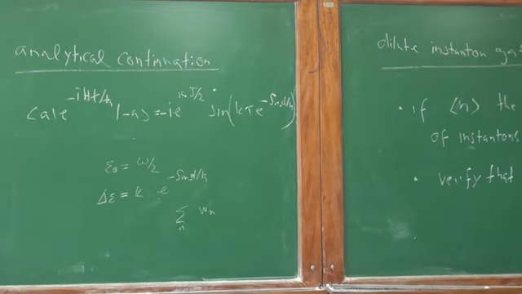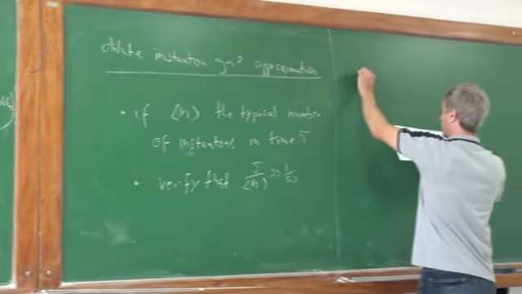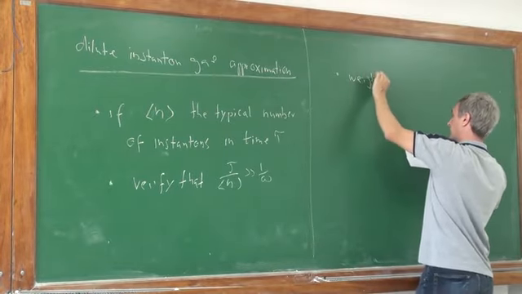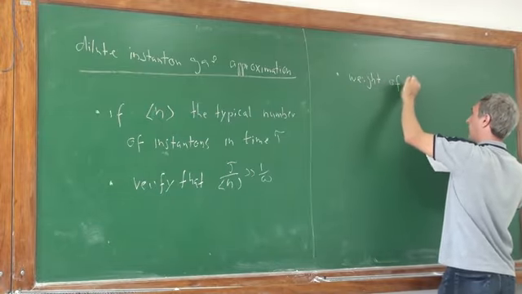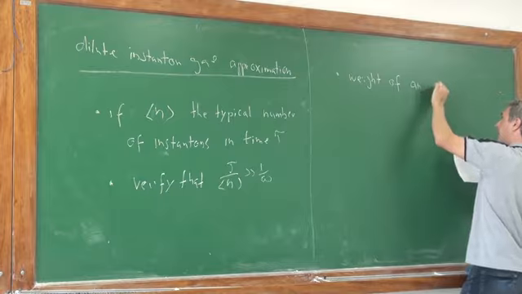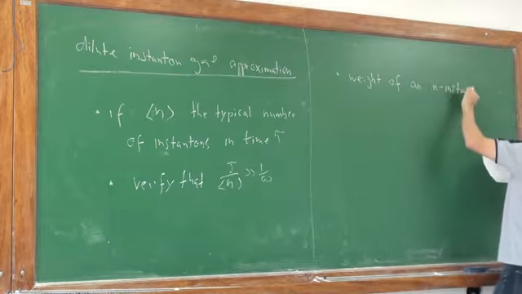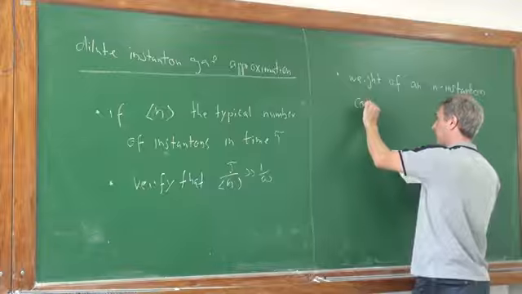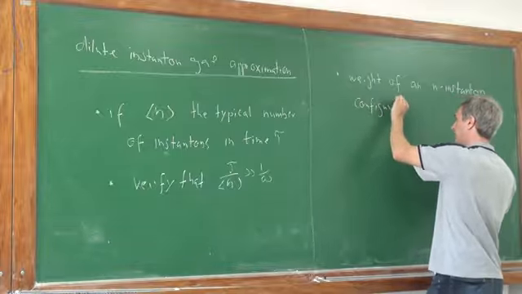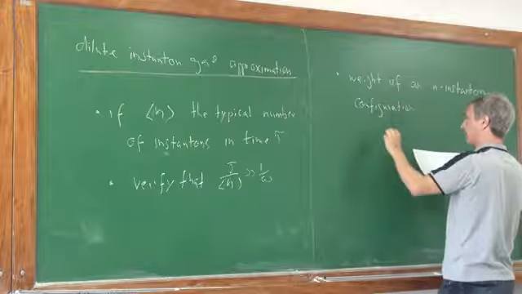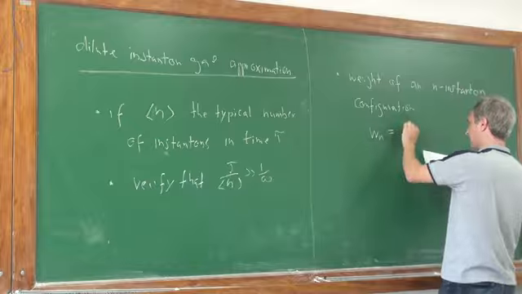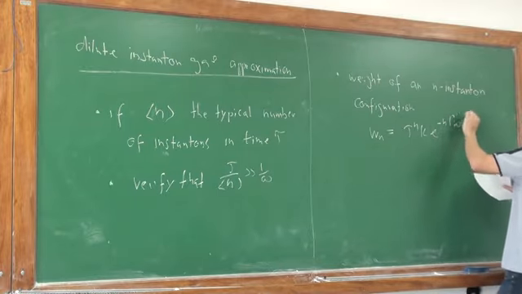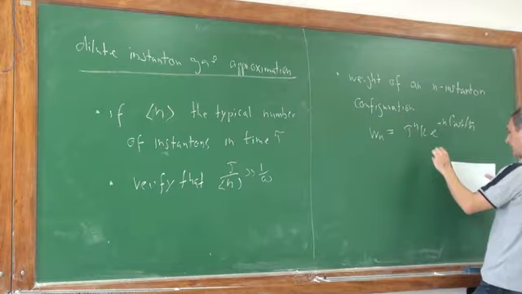Okay, so let's introduce the weight of an n-instanton configuration, so the weight in the transition amplitude. Let's call it Wn, proportional to tau to the n, k, e to the minus n times the instanton action divided by h bar, and then